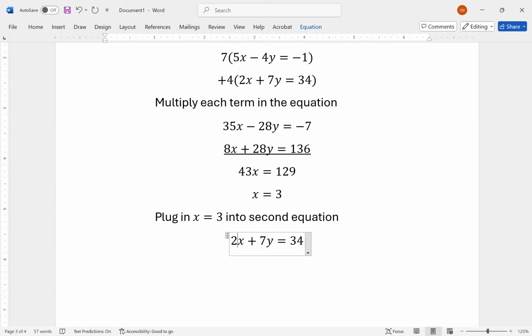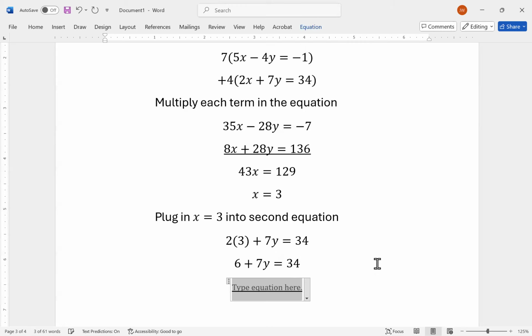Now we know that x has to be 3. Replace that x with a 3, and that gives me 6 plus 7y is equal to 34. Subtract 6 from both sides, and that would give me 7y is equal to 28. And that gives me